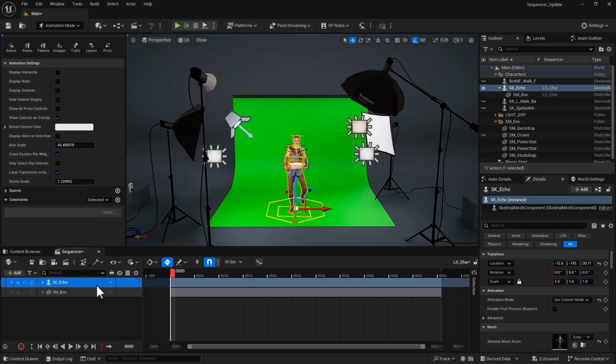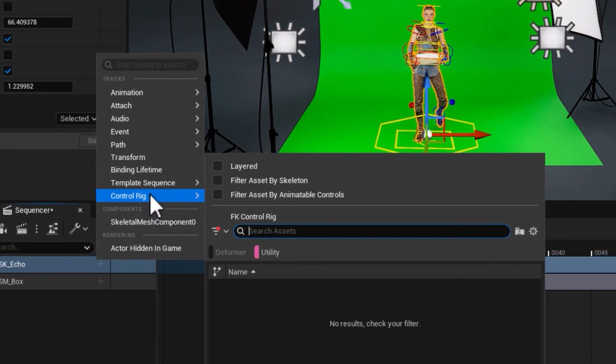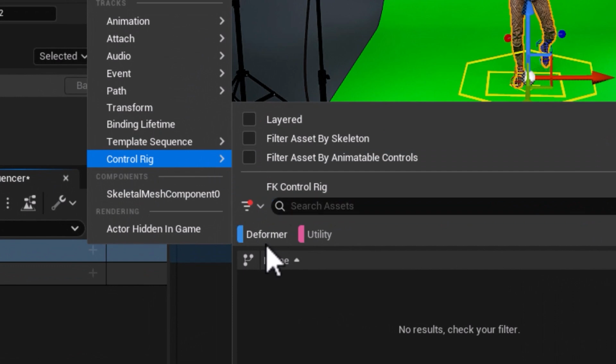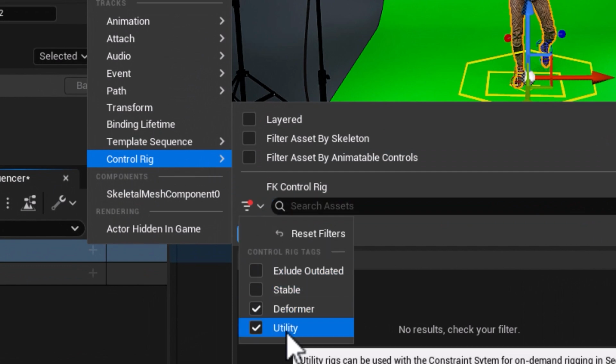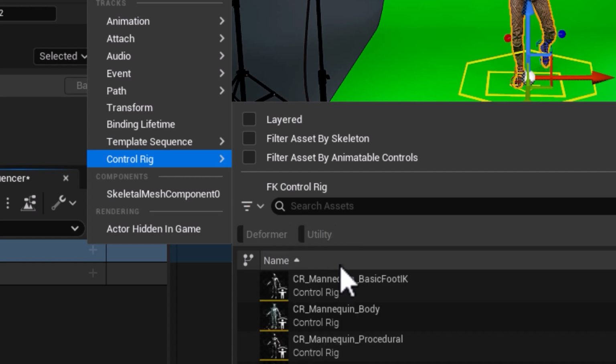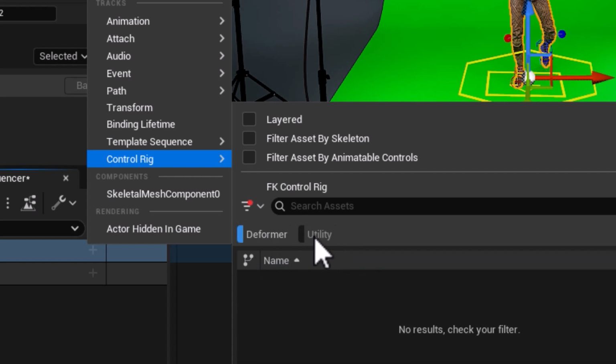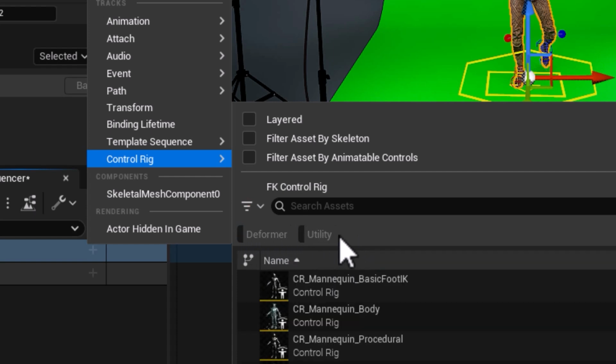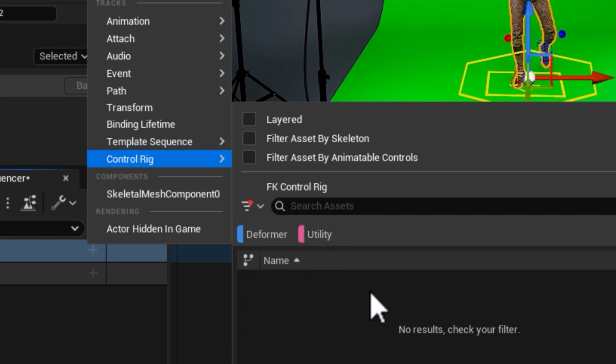Now, where to find the Animator Kit? You select your character, you click on that plus button, you go into Control Rig. Now you have the filter for a deformer, as you can see, deformer, utilities, and a label for utilities. Now, they're not really showing up. If I turn off those, all it's going to show me is actually the control rig in the scene, not the Animator Kit,